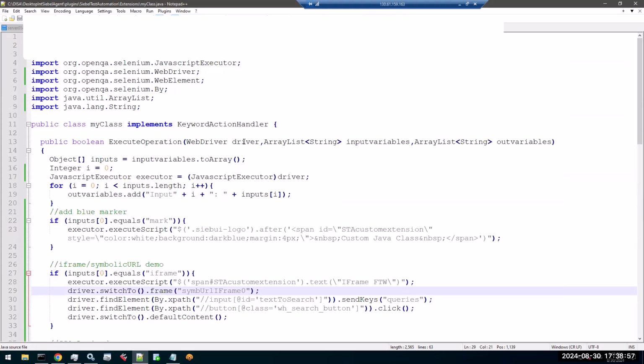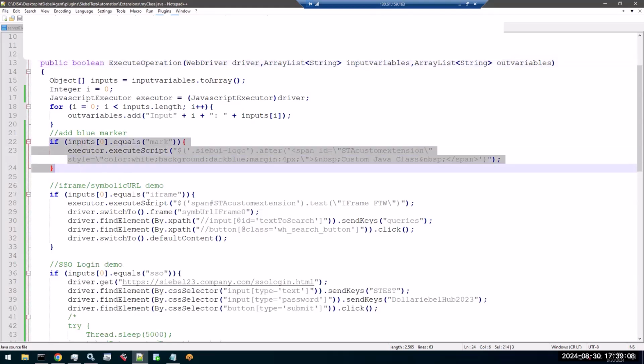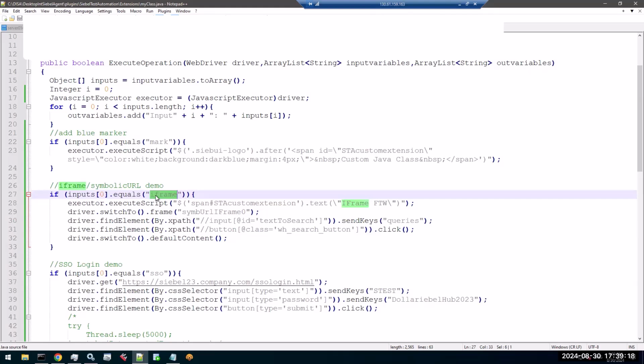So you're looking right into that Java class that I wrote here for educational purposes. You can see that it has different sections which I can call from the test script. And that Java code uses mostly Selenium to do things. One of the use cases is, for example, we have symbolic URLs in Siebel. So there's a view which has an applet which opens an iframe and shows something else. So without further ado, I would just